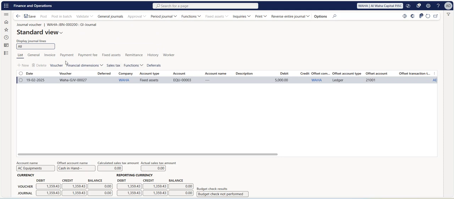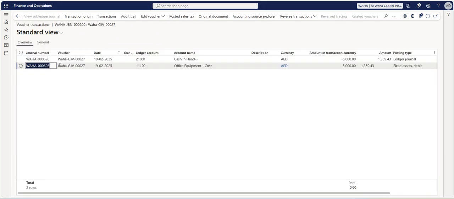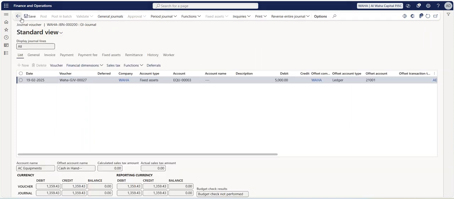So if I go to the voucher, you can see over here my fixed asset account is getting debited and my respective ledger account is getting credited. Okay, the same way, if you want to acquire the fixed asset through the fixed asset journal,